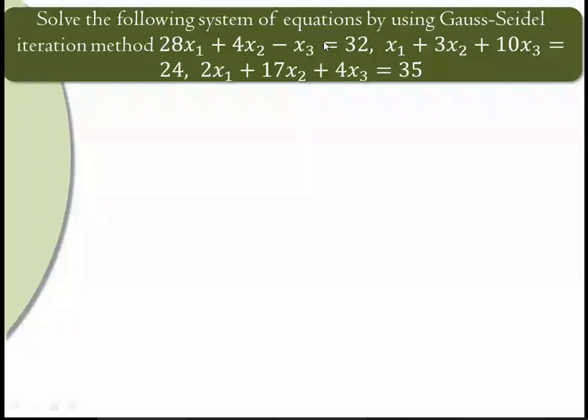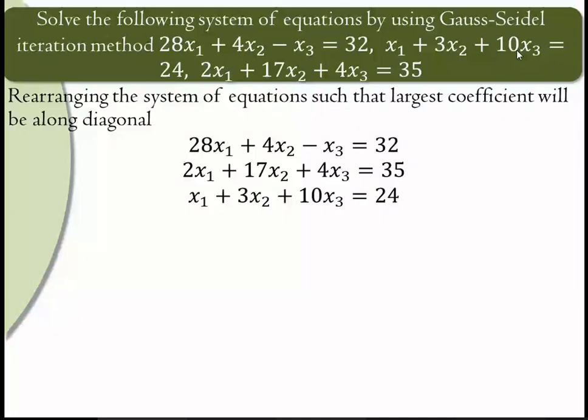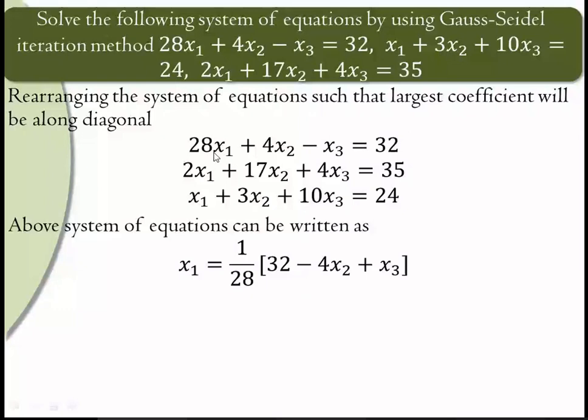Check the coefficient of x2 in the other equations. The third equation has the maximum coefficient for x2, so take this as the second equation, and the rest of the equation as the third equation. So just rearranging it. Okay. These are the largest elements. Diagonal elements are the largest elements. Same thing: get the equation of x1 from the first, the equation for x2 from the second, the equation for x3 from the third equation.